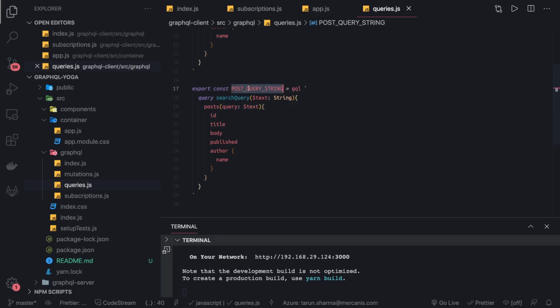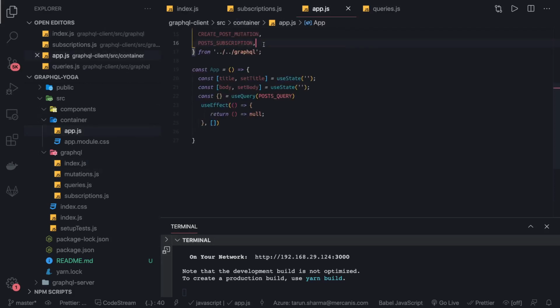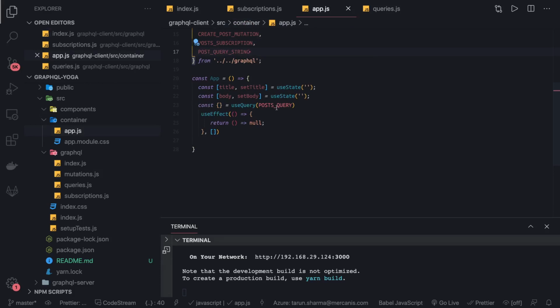Now while using it, let's say I'm using this particular query. I will also export this, and I will import this in the app.js, and I want to use this particular query. While using it, we need to pass the variables.